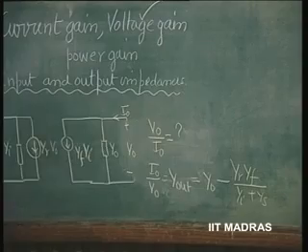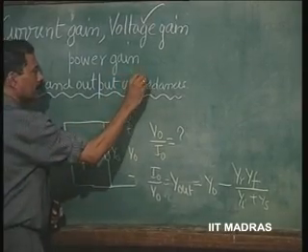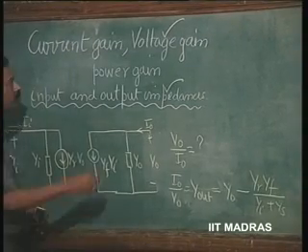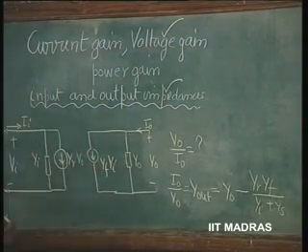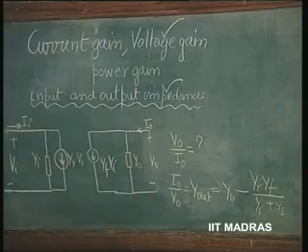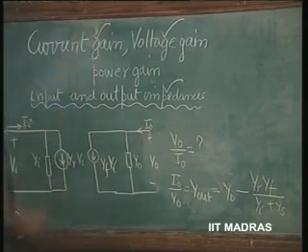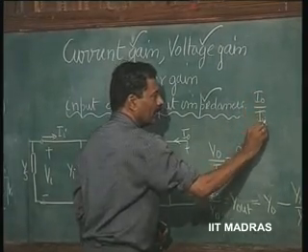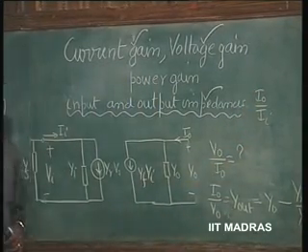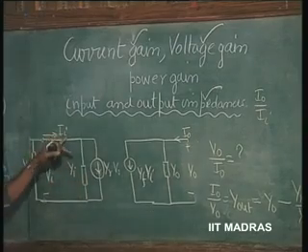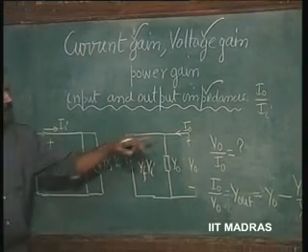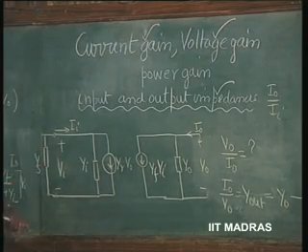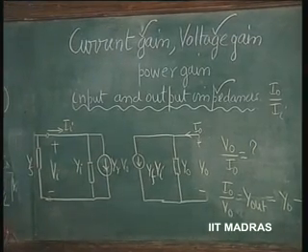We have derived the output impedance, indicated to you how it can be derived. We have shown what the voltage gain is. I would like you to evaluate the current gain, which is I naught by II. Okay. From the equivalent circuit, I is here. I want to know I naught by II here. So please work this out.